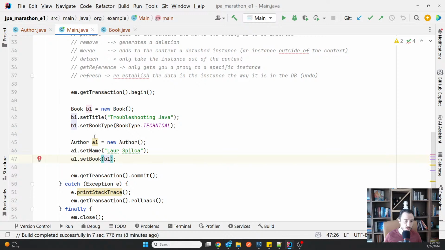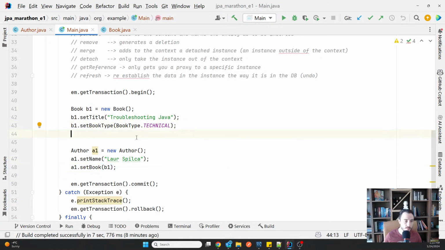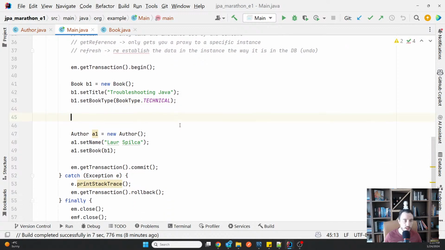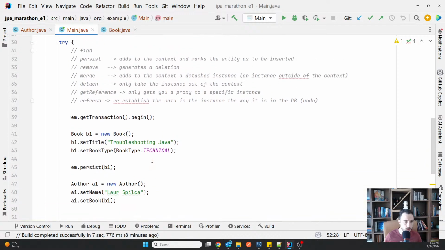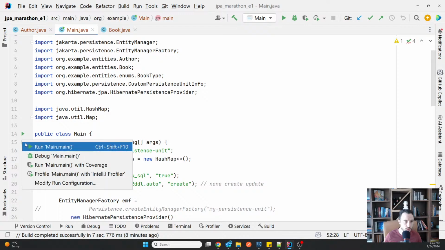Observe that I have to create correctly the relationship between them. Both of them have to be added, and we have two options for that, but the easiest is just persist each and every one of them independently. So using the entity manager, I'm going to persist both the author and the book. See, I have one persist here and one persist here. And now I'm gonna run this example and see what happens.